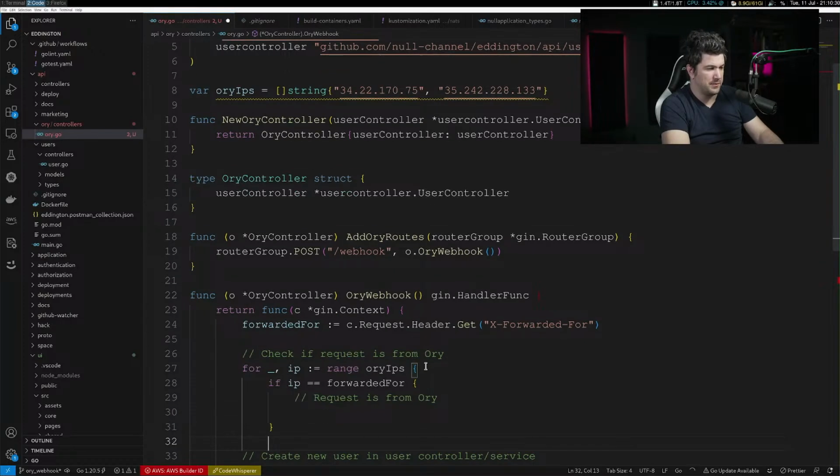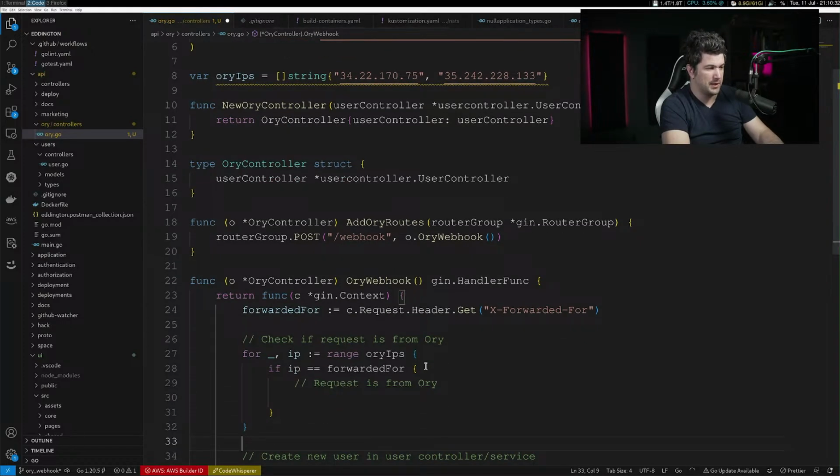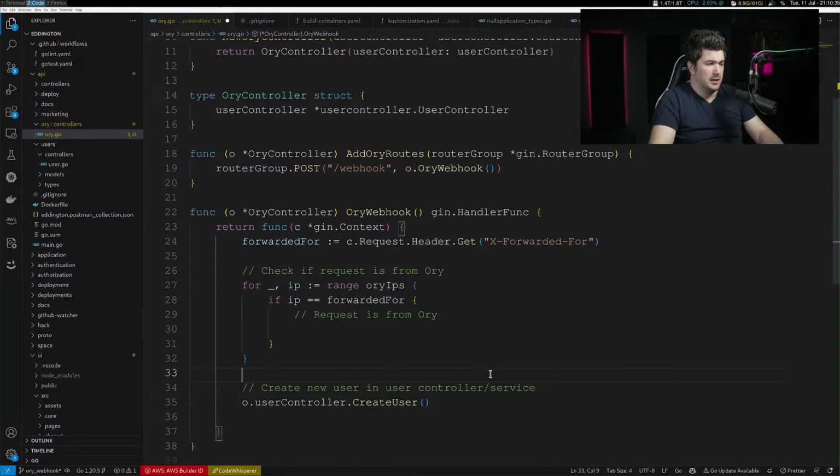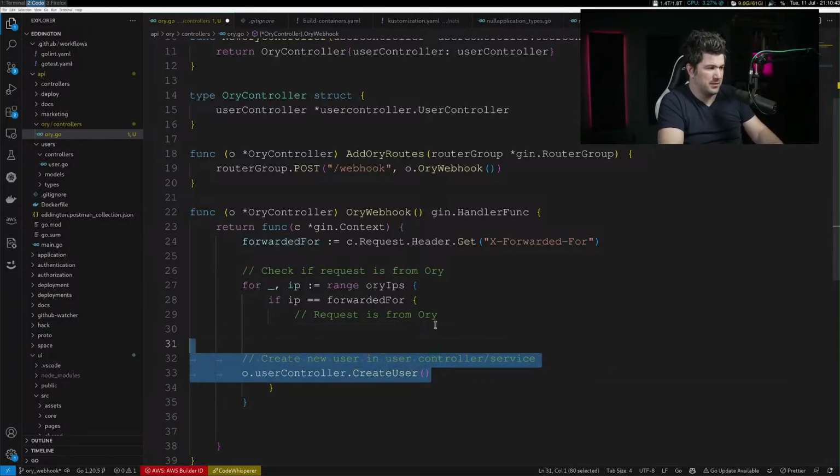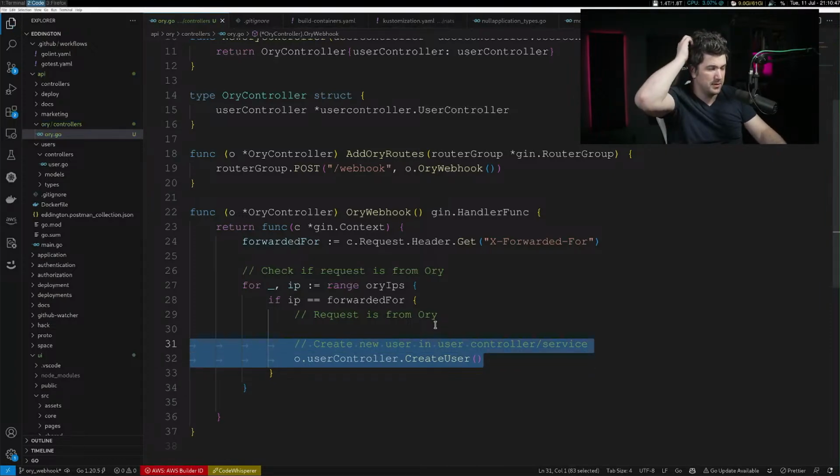All right, so if it's from Ori, we can go ahead. Otherwise, we'll be done. Yeah. This is not the cleanest way of doing this, but it will be fine. We could actually just